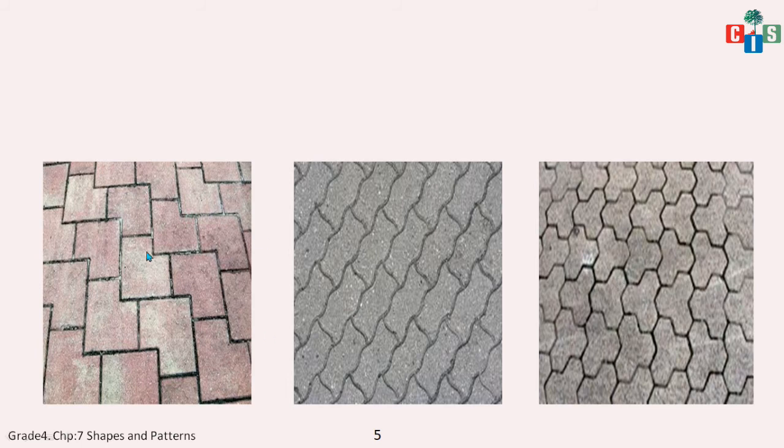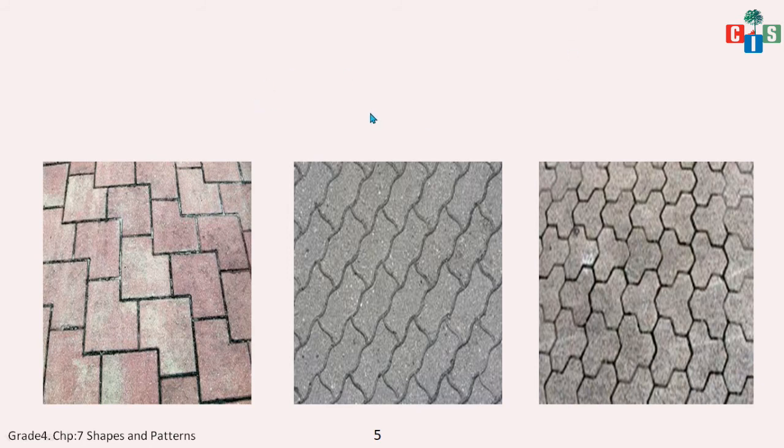Yes, so these are certain cement bricks. Okay, and they are placed in such a way that there is no gap in between and they are fixed into one another. There is no gap and no overlapping, and the pattern comes out exactly the same. Yes, so this type of thing is known as tessellation. What is it known as? Tessellation.